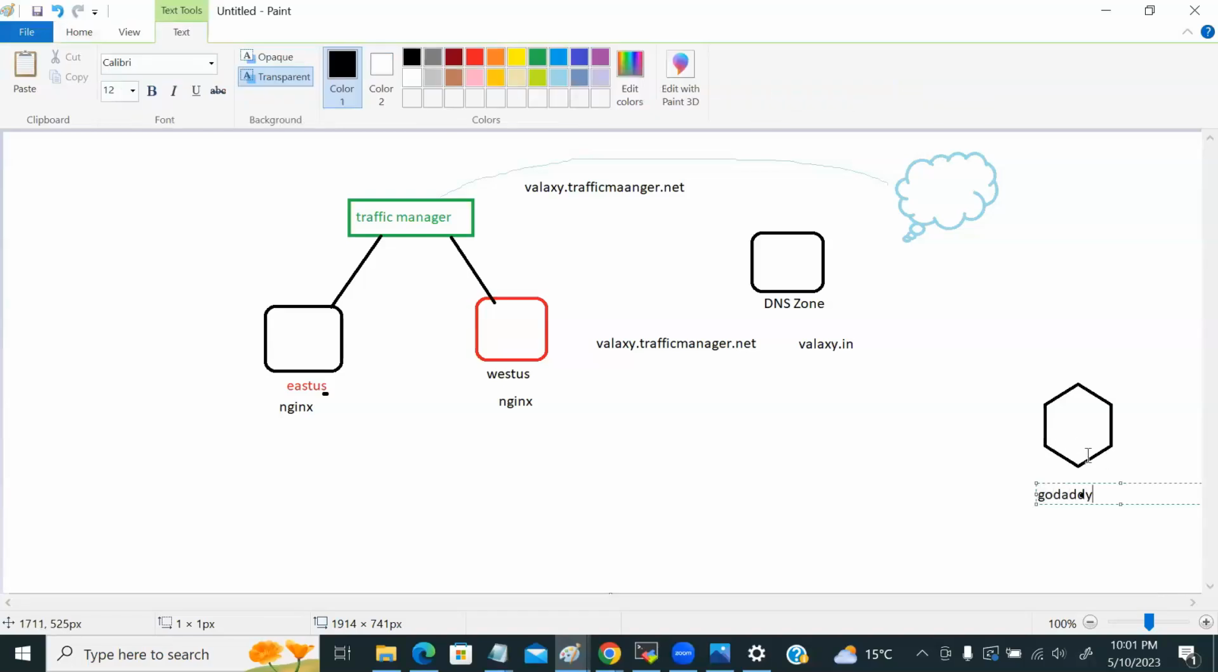GoDaddy. Inside this, I'll buy the website. But whenever you are purchasing a website, these GoDaddy people assume that you are going to host your web application inside their platform. So that's why the site you are buying is already entered in the public DNS of GoDaddy. GoDaddy is maintaining public DNS servers, and in their public DNS, they already provided